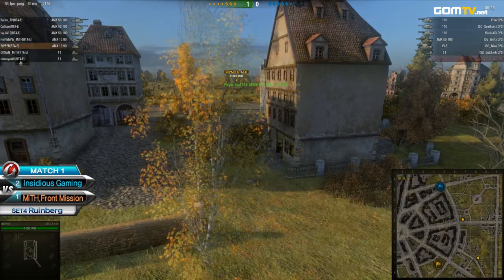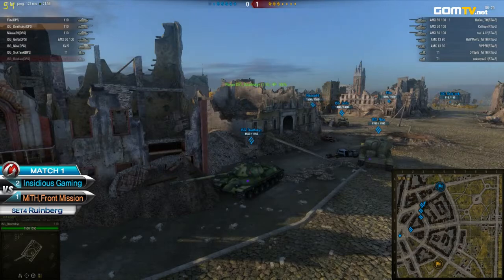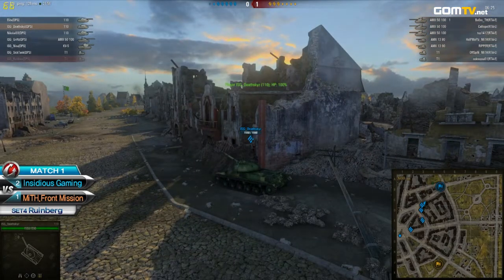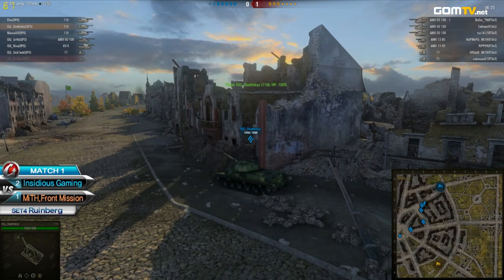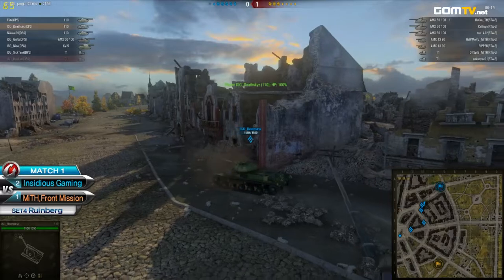If they engage Insidious Gaming head-on, they're certainly going to lose, especially because of how many hit points and how much armor all of these Insidious Gaming tanks have, especially Nisa. I mean, almost 1,800 hit points on that KV5. Yeah, and if you're that little AMX 13 trying to fire onto that KV5, it's not going to do much damage. It's going to take you at least...